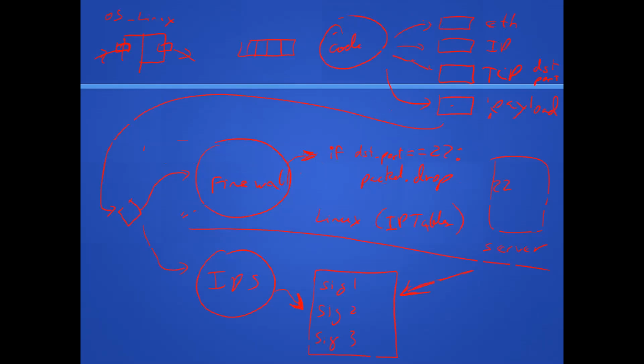Yeah. And that's it. That's the difference. So if I asked you on the exam, what's the difference between a firewall and an intrusion detection system, what would you guys say? Well, a firewall just prevents certain packets, blanket in terms of all packets, from accessing specific ports or doing specific tasks, versus an IDS actually reads those packets and compares them to a list of signatures of known attacks to decide whether or not they're allowed to go through.